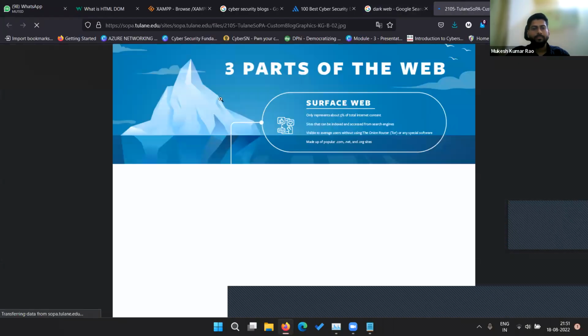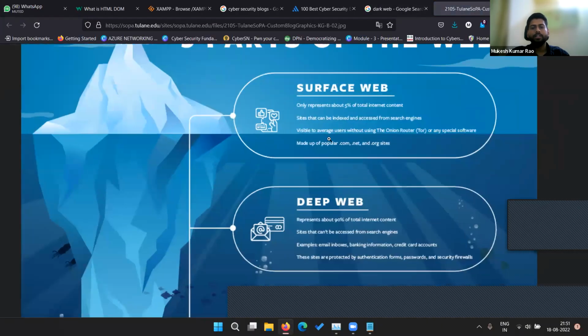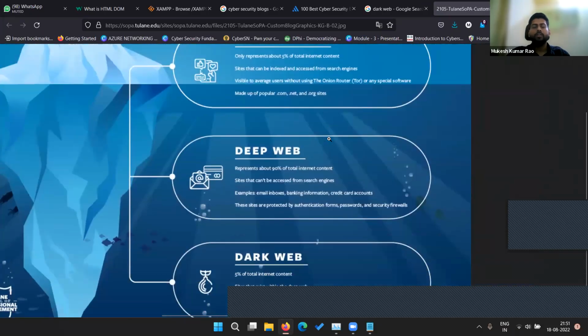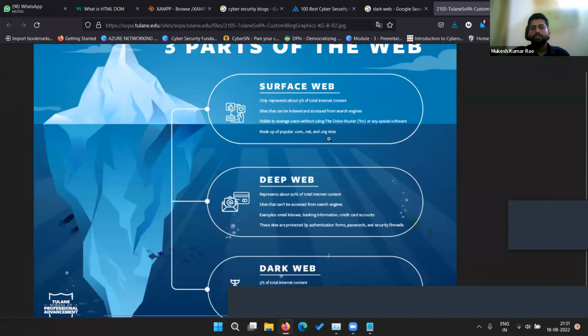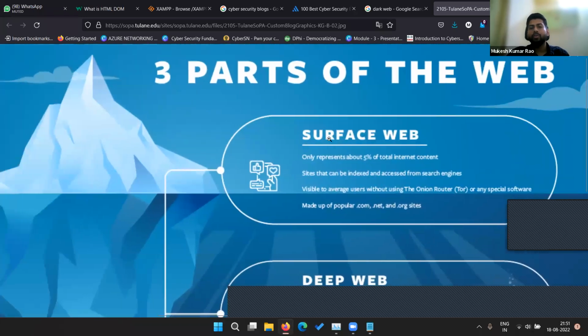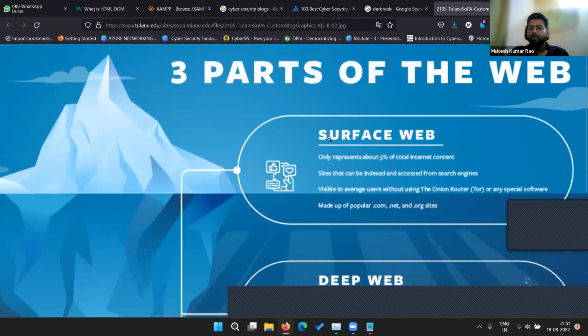Okay, so this is the image you have. Three partitions divided. We have multiple layers. When you search, you will get 7 layers of the internet, but let's go with three. So the surface web is very normal, which we know on a daily basis. Whatever you are searching on a normal browser is the surface web: Google, YouTube, Instagram, Twitter, LinkedIn, or when you're searching on coding parts, HackerRank, CodeShare, anything you are doing. That is only 3 to 5% of the internet that we are using right now.